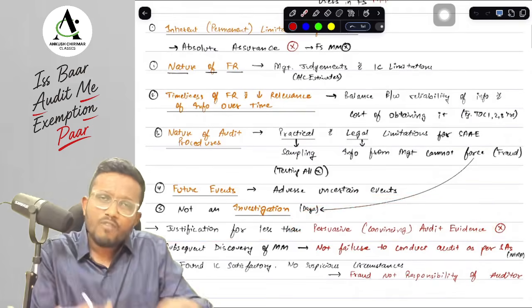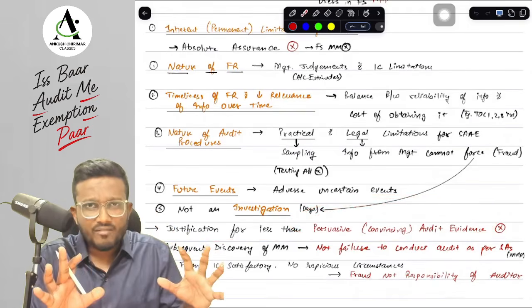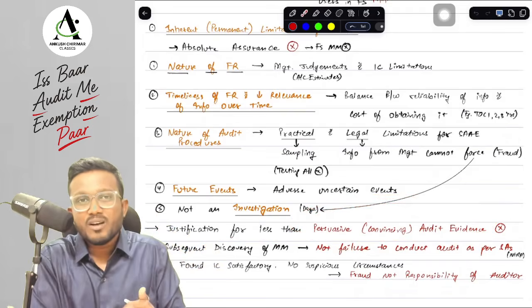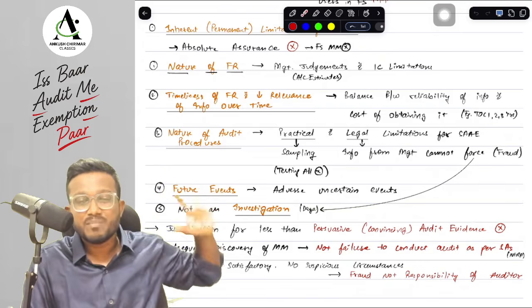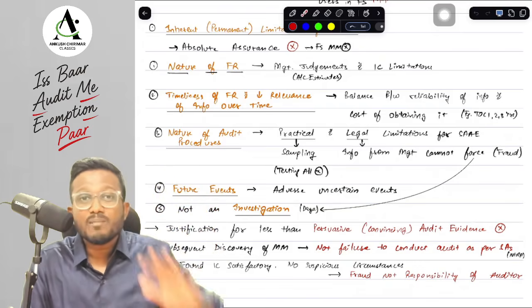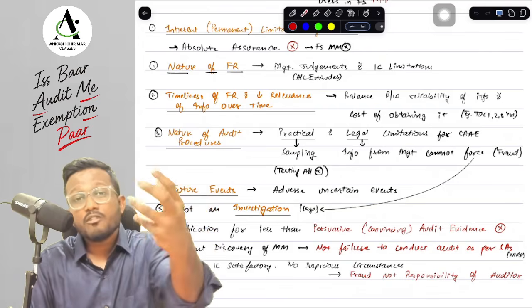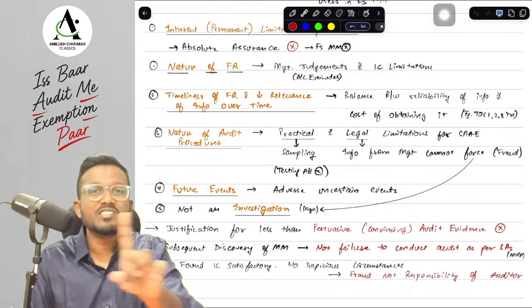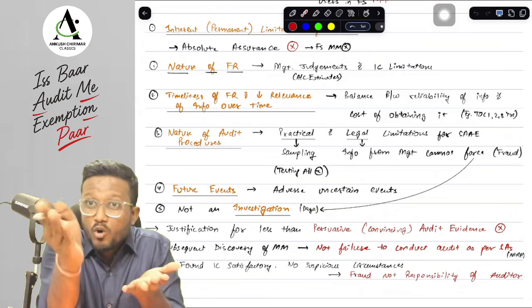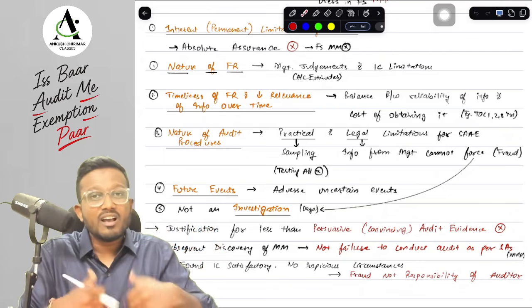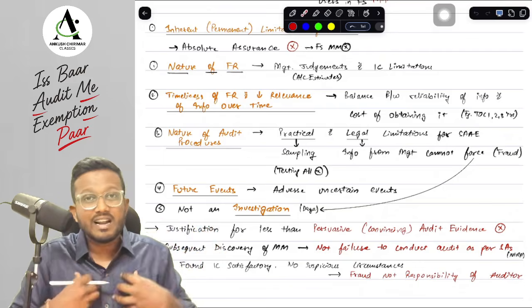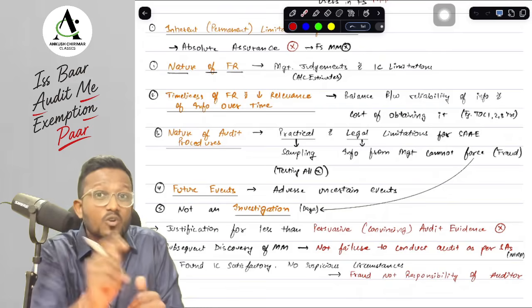But sir, I have obtained persuasive audit evidence, but even after obtaining sufficient and appropriate audit evidence, there was a subsequent discovery of material misstatement, which I as an auditor was not able to identify. Then will it be called that I was not able to do the audit as per SAs? No sir. If I have the documentation, if I can prove that I did my audit as per SAs, then I will not be liable over here, even if a fraud was found, because we only give reasonable assurance, we didn't give absolute assurance.